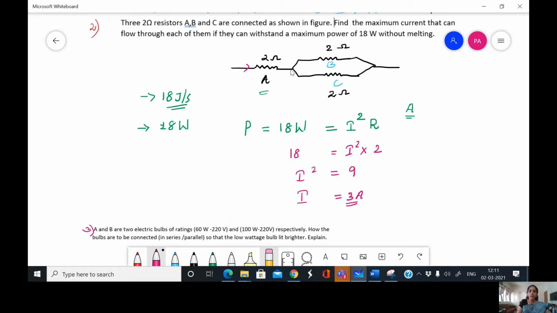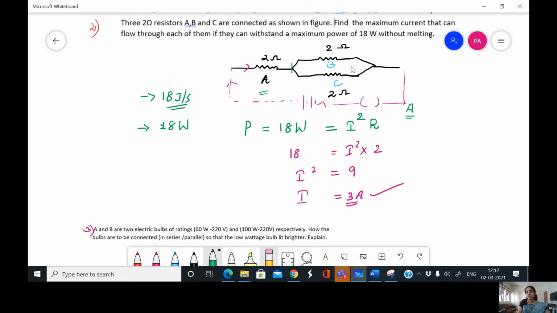But here, what happens if 3 amperes, just imagine now this is connected in a circuit, maybe an AC supply or a DC supply. Anyway, we can assume there is a source. Now, if 3 ampere starts flowing from this terminal and comes here, then this resistor is safe because its tolerance is 3 ampere, no issue. But what about the 3 ampere when it comes here? It branches equally, it divides equally. Why? Because both the branches have the same resistance. I hope you all remember, if the resistances are equal, current is divided equally.